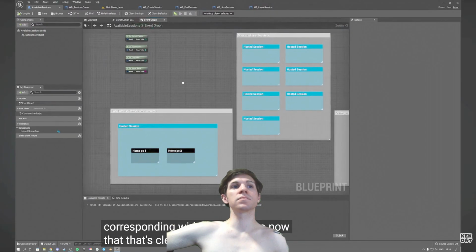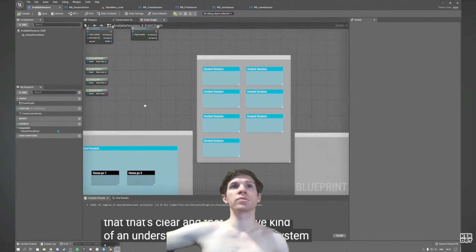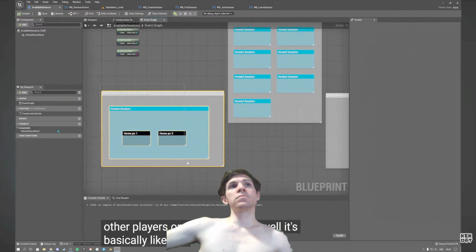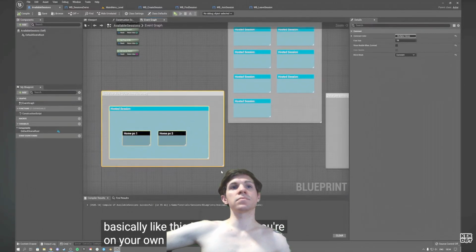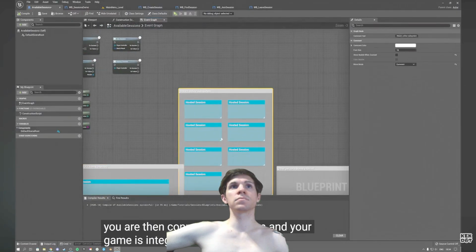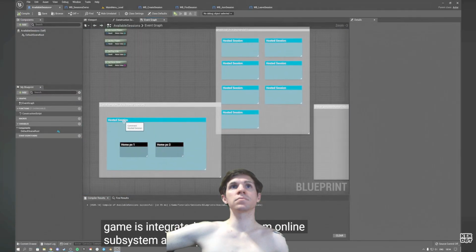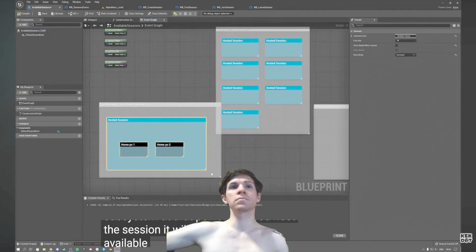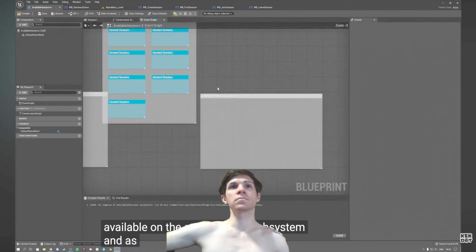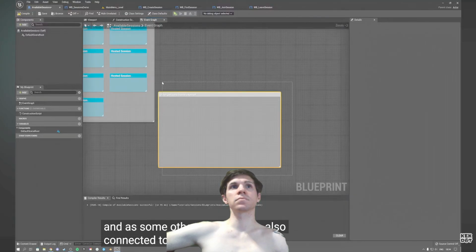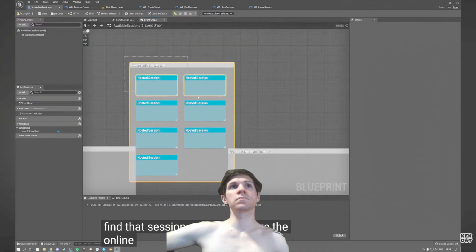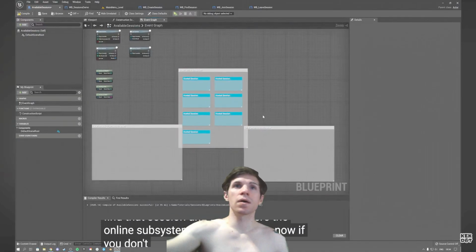Alright, so now that that's clear and that we have kind of an understanding of what a subsystem is, then let's look at how you can find other players on the subsystem. Well, it's basically like this. Imagine that you're on your own home local network and that you are then connected to Steam and your game is integrated with the Steam online subsystem. At that point, when you host a session, it will no longer be available over here, but it will then be available on the Steam online subsystem. And then some other player that is also connected to the internet from his home, and some other people in the world can find that session. And that's where the online subsystems come into play. Now, if you don't want to make use